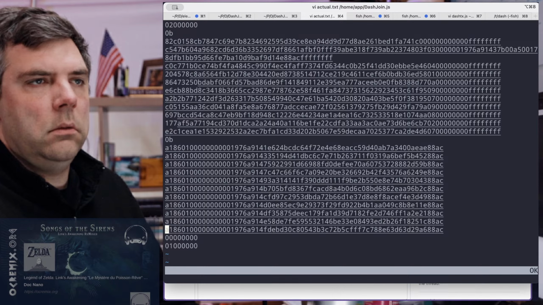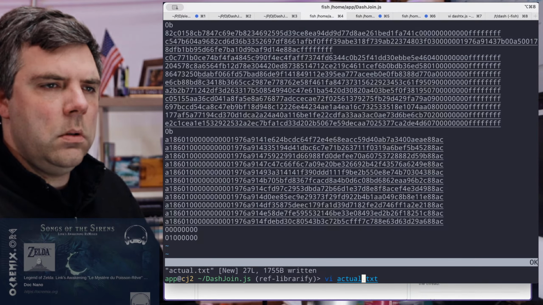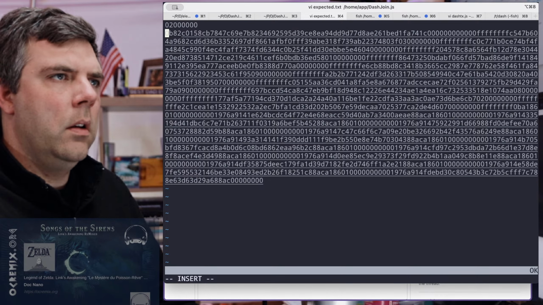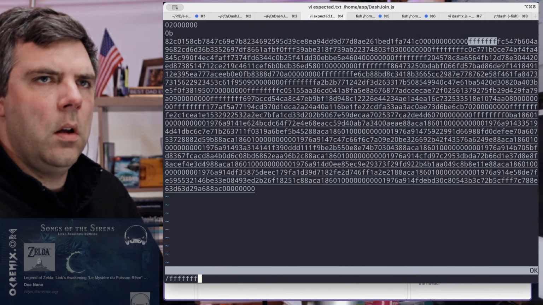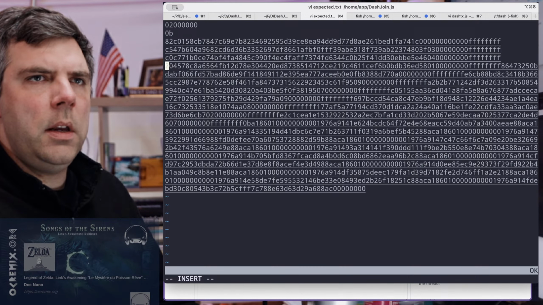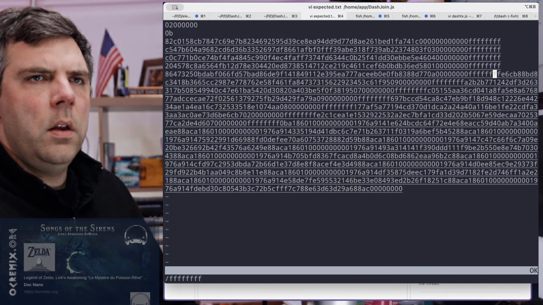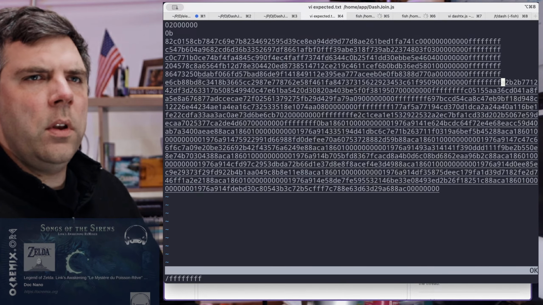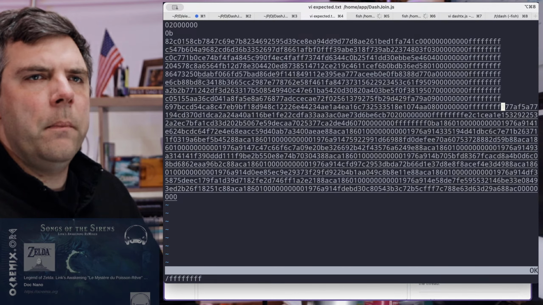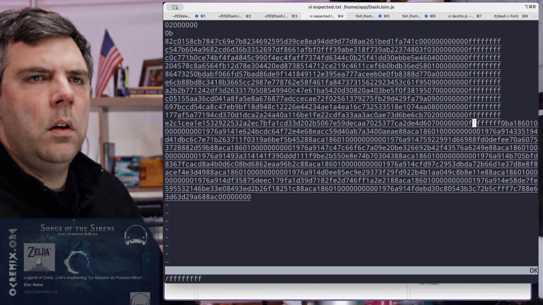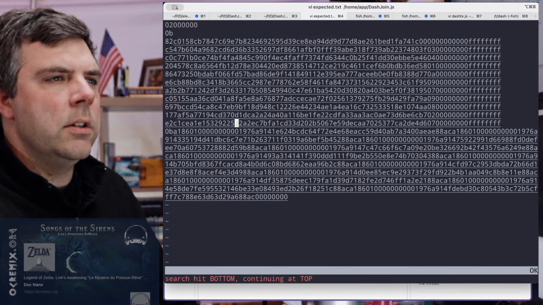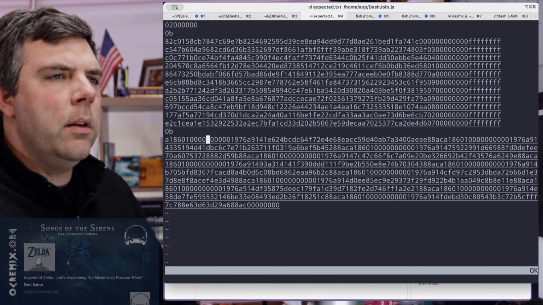That looks right. Okay, so that's the actual. Let's look at expected. Okay, so the problem is here. The expected actually looks wrong. I think I'm comparing against the wrong thing. If this is the expected, I might have them in the wrong position as well. That could be, but definitely the problem here